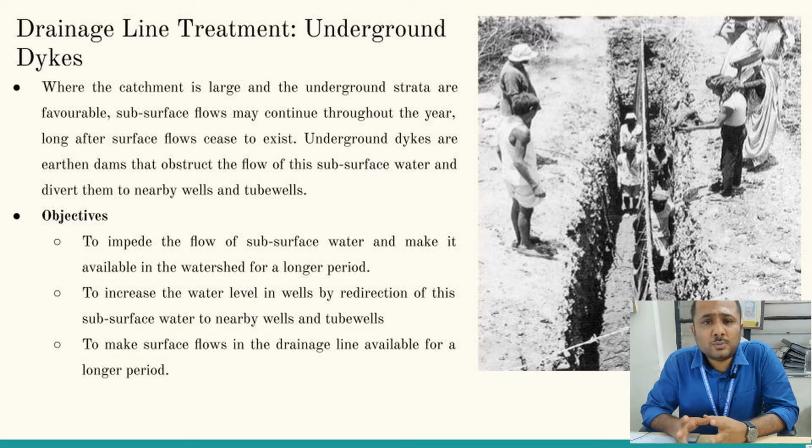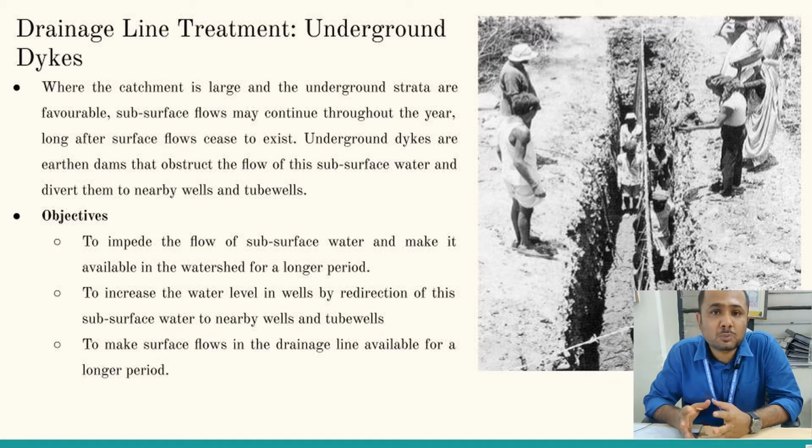As we know, there are two types of runoff: the runoff which flows on the surface, and the runoff which flows beneath the surface, which is called subsurface flow of water. We have discussed all the possible interventions that are made on the surface, but we have not discussed subsurface. So the same thing we will discuss in this video, and some more techniques through which we can understand the interaction between the river and the underground water.